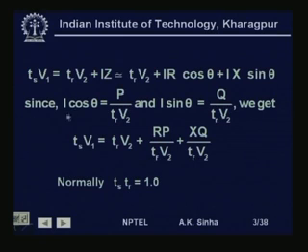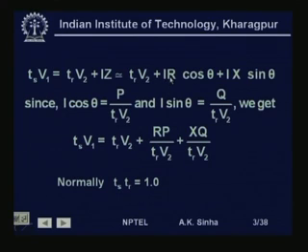Now, we also know that I cos theta will be equal to P by T r into V 2, because T r into V 2 is the voltage. So, V I cos theta is equal to the real power P. Therefore, I cos theta is equal to P by T r into V 2, and similarly, we have the reactive power Q equal to T r into V 2 into I sin theta. This is the voltage into I sin theta equal to Q. So, I sin theta is equal to Q by T r into V 2. Therefore, substituting these, we will get T s into V 1 is equal to T r V 2 plus